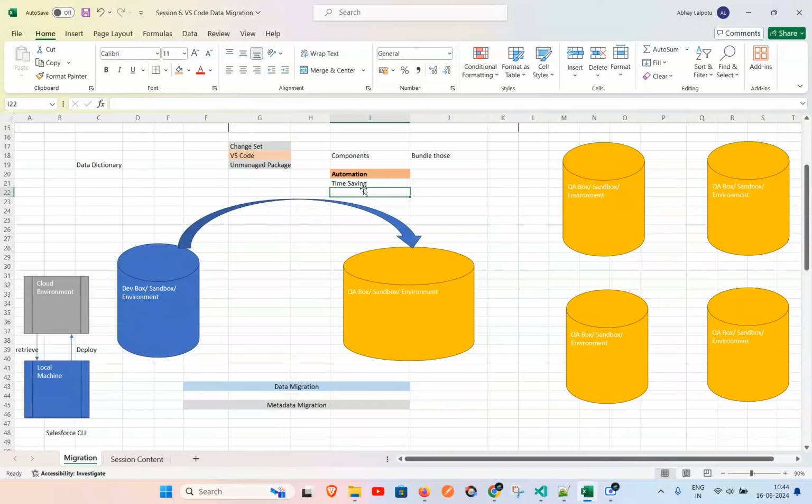Apart from time saving, this is no doubt, there is no question around it, right? Time saving is a very important feature we get with automation. What is the other thing, as compared to manual, that automation gives us? That is also equally important, right? We don't want to only save time, but also what else? There is less chance of error. Exactly. So accuracy,